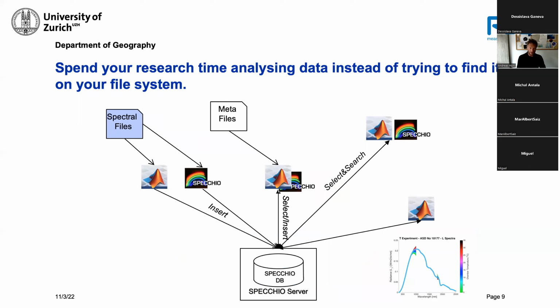So this is the goal: maximize the research time and work on your data, and not try to find these things on the file systems. So what you do, and you might see my mouse moving now, spectral files are being read either by the SPECCHIO application or by your own code. You insert it into the database, then you keep adding meta information, you do select and search of data, and finally,